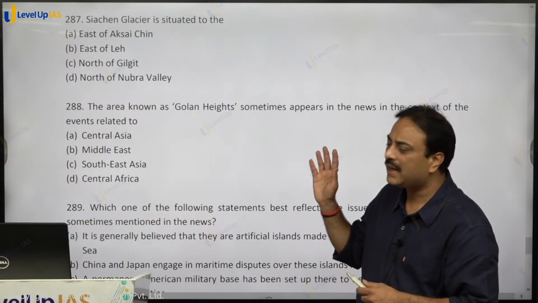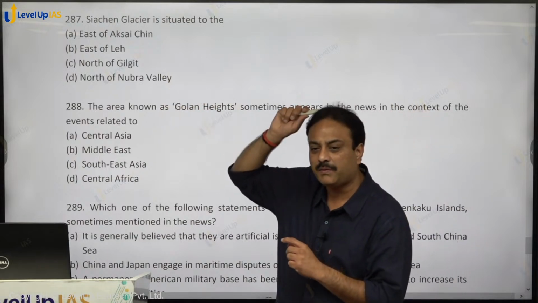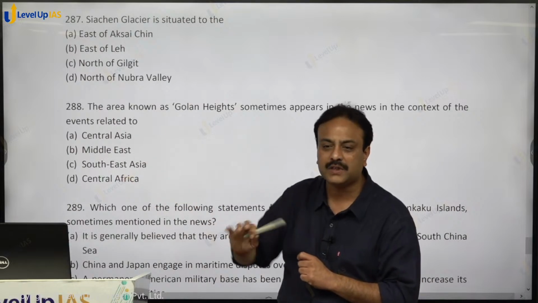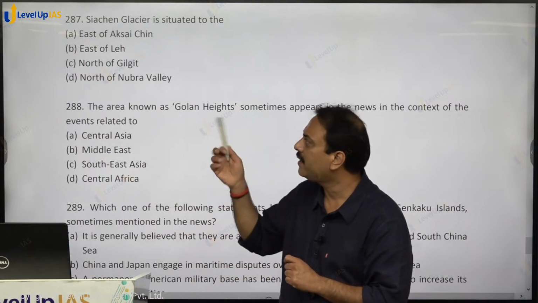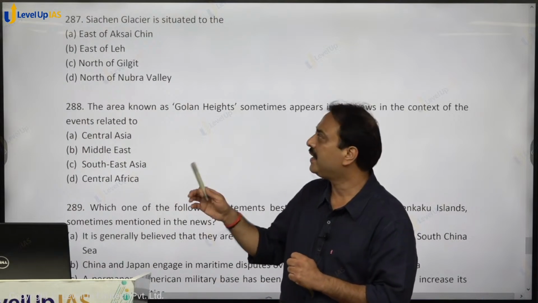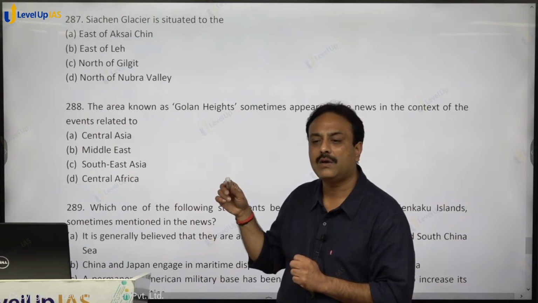So it is located on the eastern side of Aksai Chin. If on the eastern side of Aksai Chin you will go, you will enter Tibet. You will enter further into the territory of China. So it cannot be Siachen Glacier. Siachen is in our country in India. East of Leh. Leh is located on river,